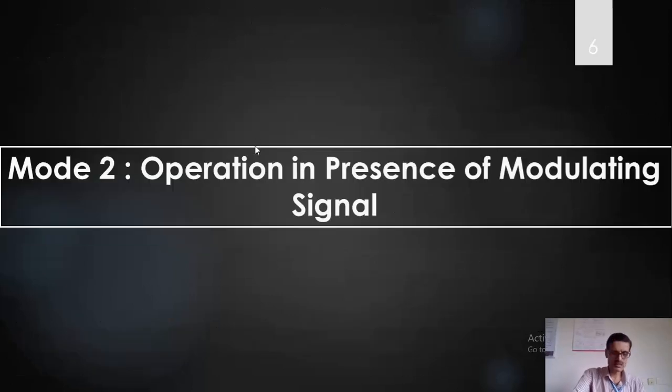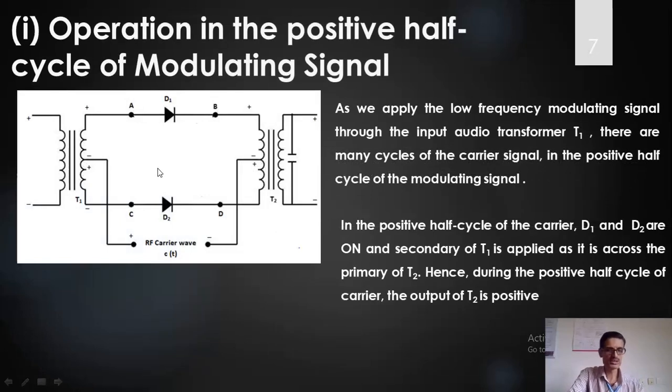Now we will assume that along with the carrier signal, the message signal is also present. Both signals are applied to the modulator. In this case, how does the modulation happen? Anyway, the carrier will be rejected as you have understood now. During the positive half cycle of the message signal, what happens? This will be plus, with this particular polarity, the signals are applied to the secondary. So this is plus, minus, this is minus, and this is plus. If this is the polarity with which we are applying the signals to the circuit, again the diodes D1 and D2 will conduct.